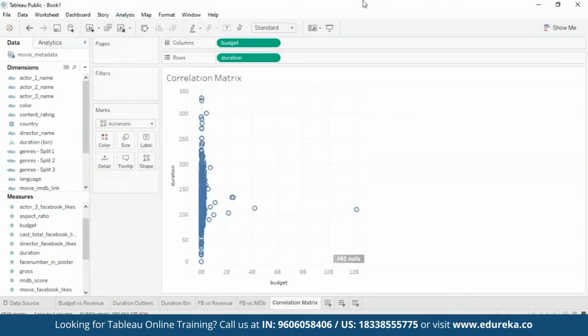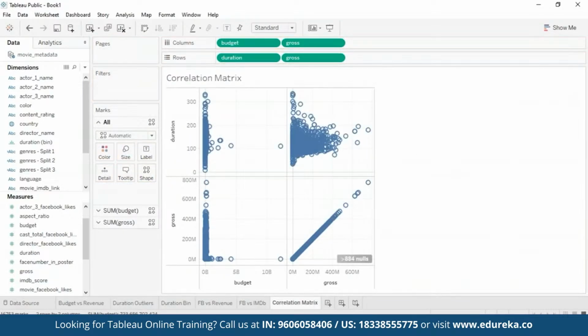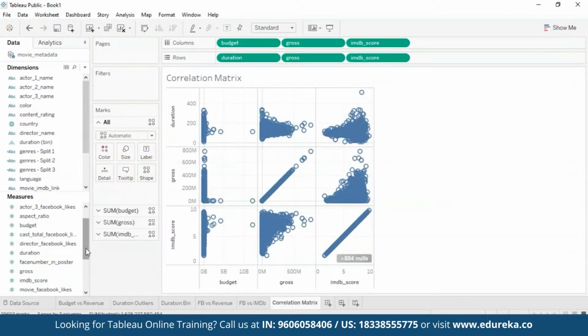By now, you know that if somebody is asking questions about two different numerical measures, the answer is always a scatter plot. Okay? So budget and duration. Now I'll just go on adding measures to it, and it will keep building various different plots, giving us a lot of information about everything that we need to know, correlating all of the different numerical measures that there are. Just go ahead